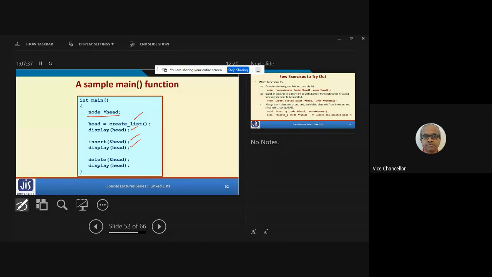Insert something, display, delete something, display, and so on. Just recall that for insertion and deletion, you are passing the address of head, ampersand head, because inside these two functions, the value of head might get modified. Right?